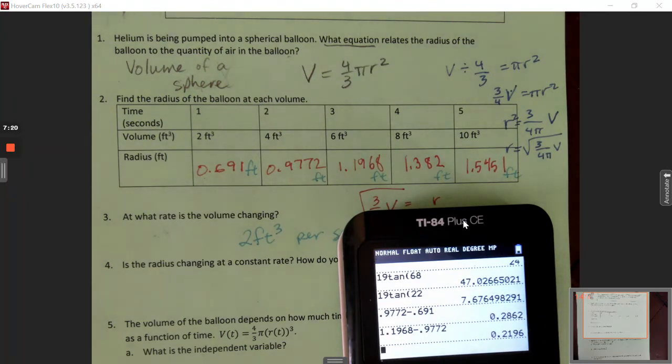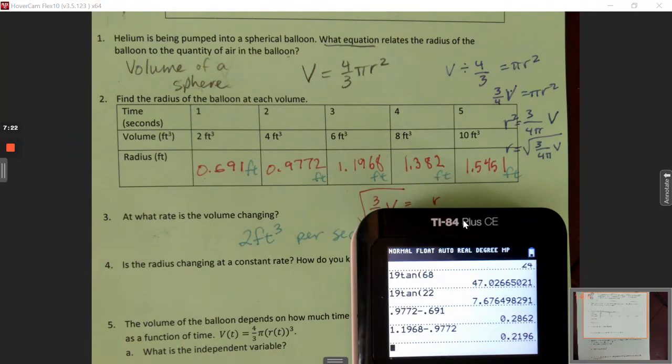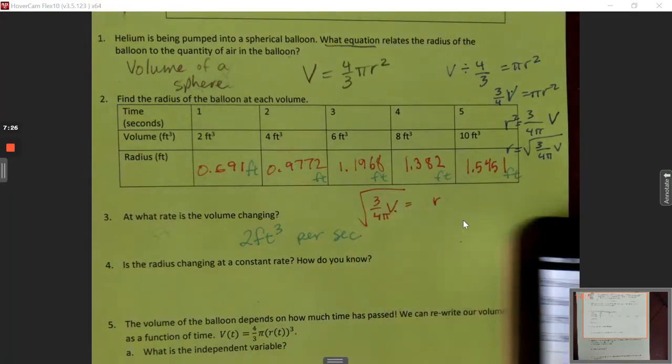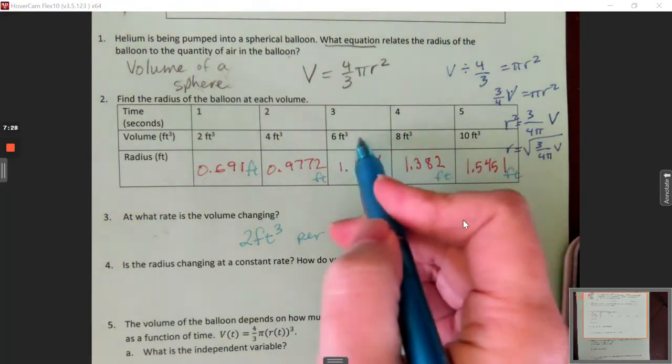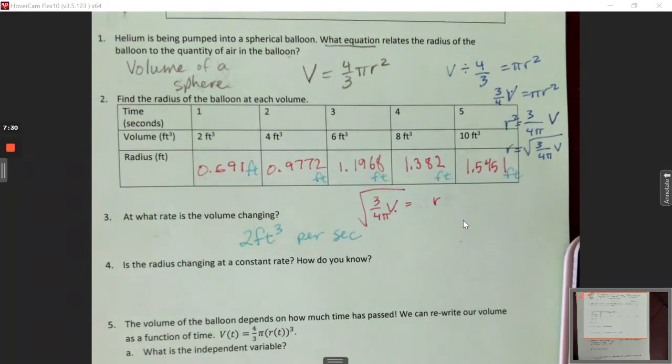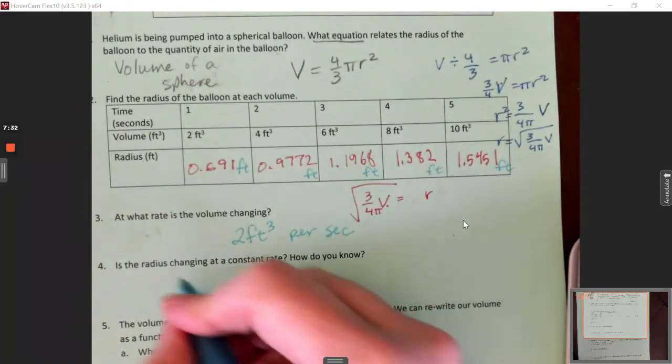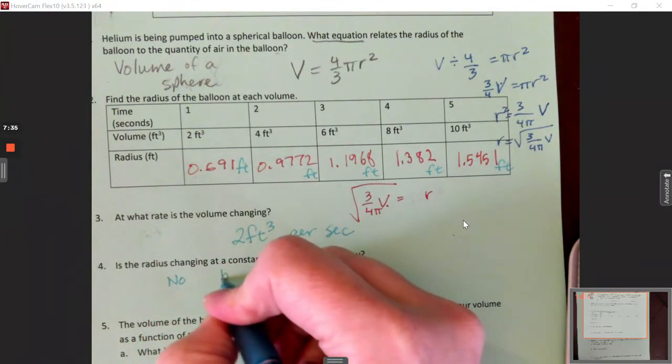So I'm going to say no, because those two numbers aren't the same. If it was changing at a constant rate, as I subtracted them, those would be the same. Because think about that. If I go back here and I subtract, I get 2 every time. So, no, because